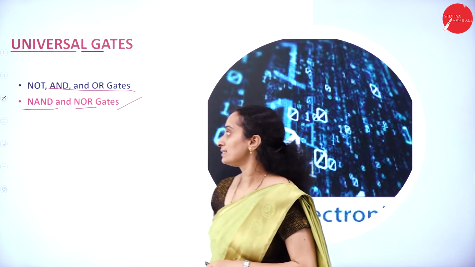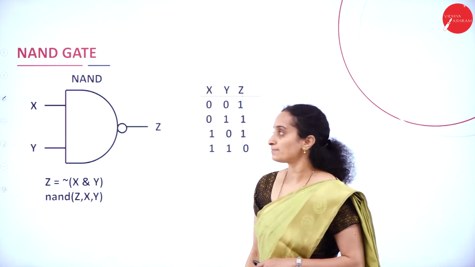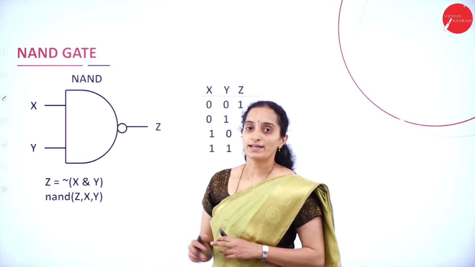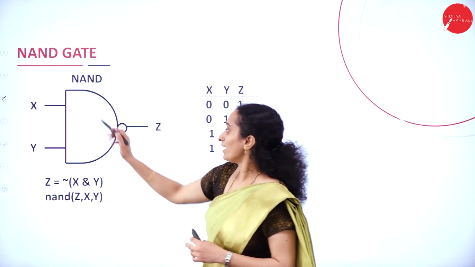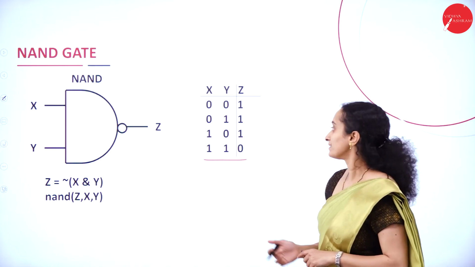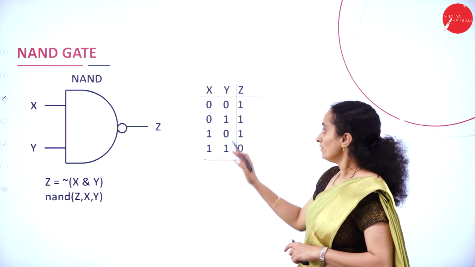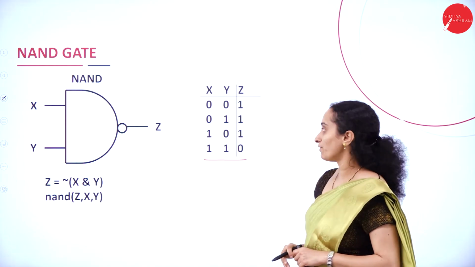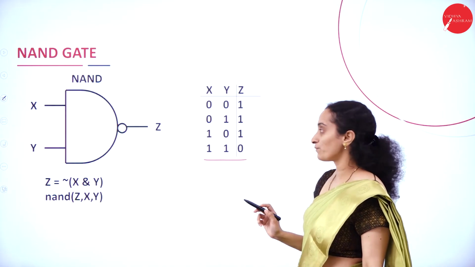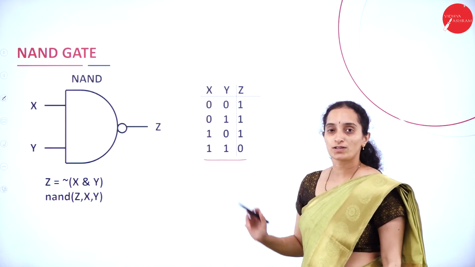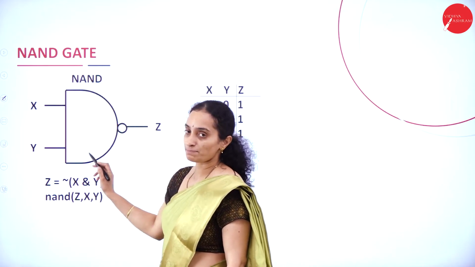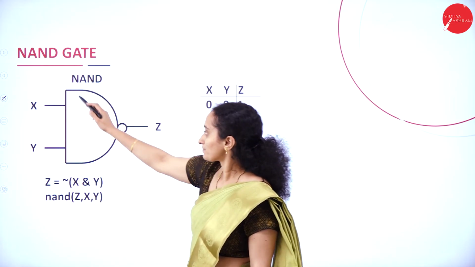Let's know what these NAND and NOR gates are. The first is the NAND gate. Why is it called the NAND gate? Let's know. The NAND gate is the reverse of the AND gate. Here 0 0 results in 1, 0 1 results in 1, 1 0 results in again 1. When both are 1, then you will get the result 0. This is how the reversal is represented in the NAND gate.